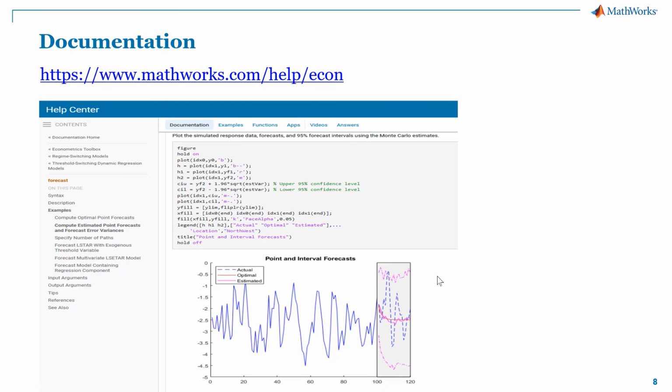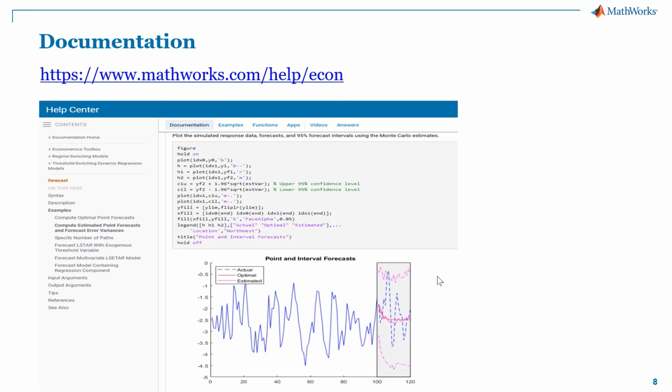So that's the basics of how to think about threshold switching models, how to construct them, how to estimate them, and then how to use your estimated model to start doing some analysis of things using simulations and forecasting. There are lots of different options here using different kinds of threshold variables, as I described, whether you want to use exogenous variables or self-exciting endogenous variables, how you want those to activate the model. Lots of options through the parameter value pairs that we haven't explored here in this presentation.